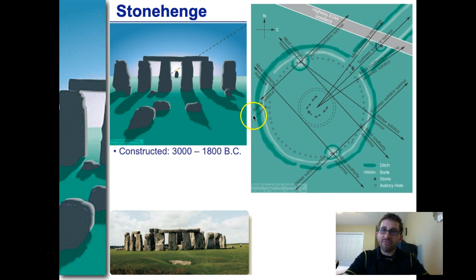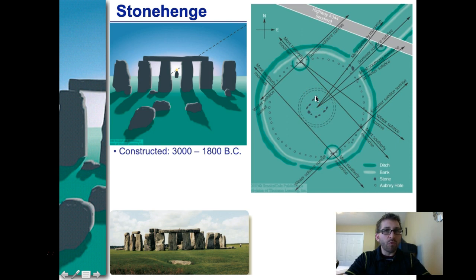We see some evidence of this in the actual structure itself. If you look around the edge, there are ditches that seem to have been dug, as well as these little circles indicating post holes, trying to get a basic circle. And the vantage point that you would stand at is, of course, in the center of the circle. And then there are the stones that most people are familiar with around the middle, the ones you can see in this picture here and also the picture at the bottom. Those are the ones here in the middle, this kind of U-shaped thing.